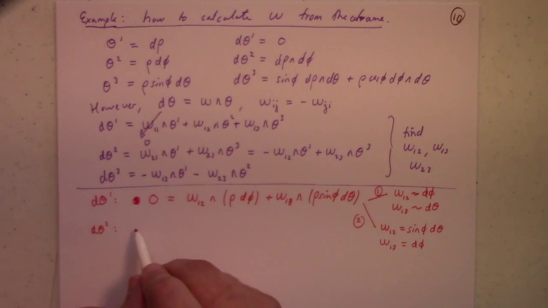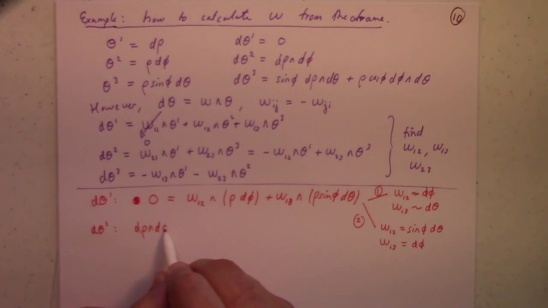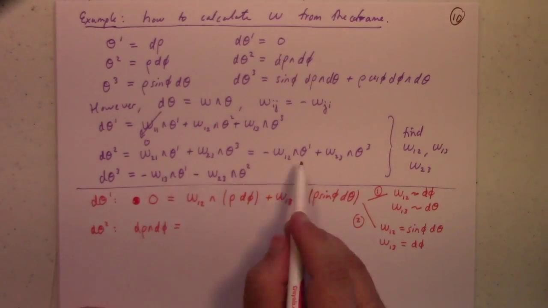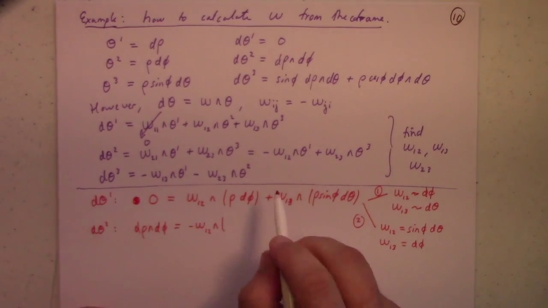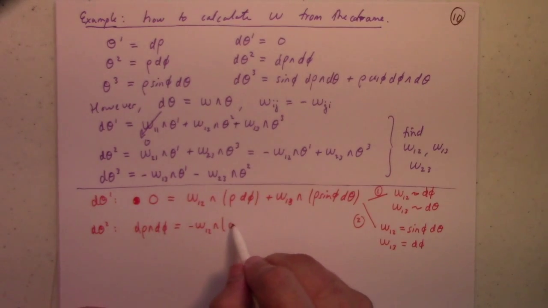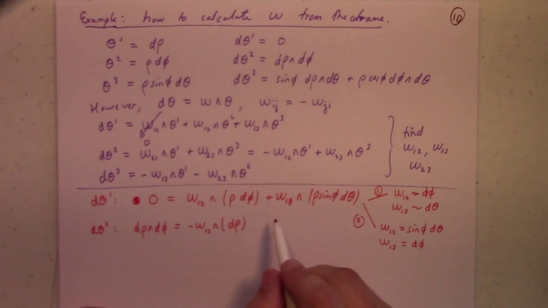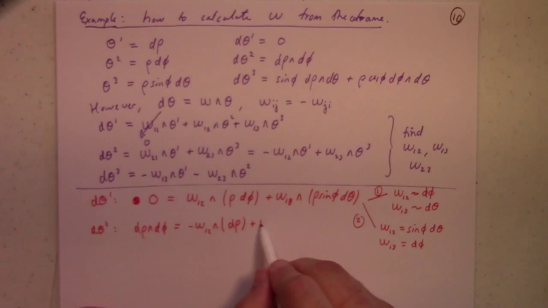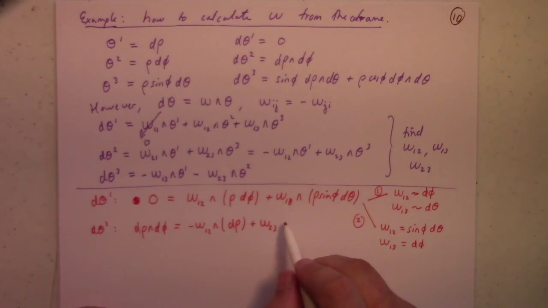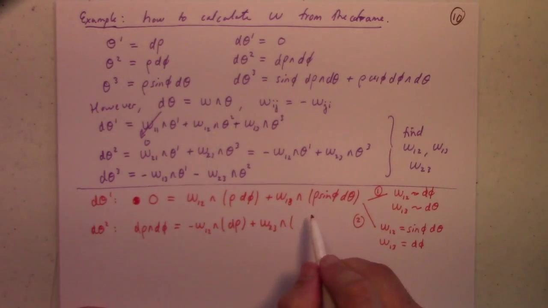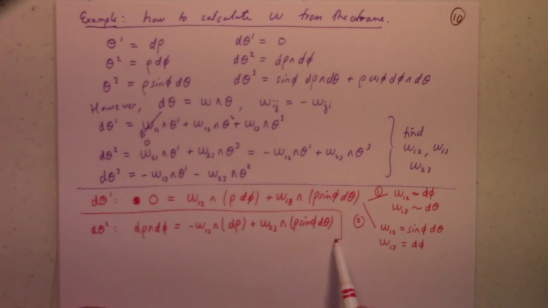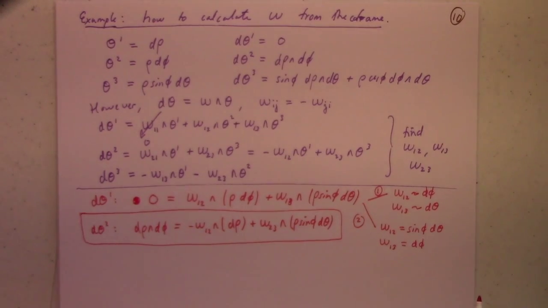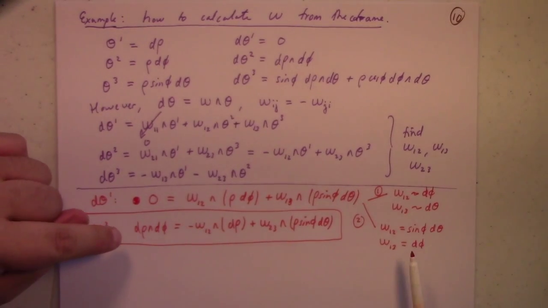We have d rho wedge d phi is equal to what? Minus omega 1,2 wedge theta 1, which was d rho, plus omega 2,3 wedge theta 3, which was rho sine phi d theta. All right, let me just box that off here for a second. So if you look at that,